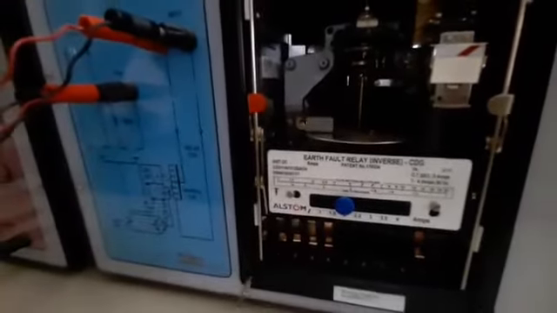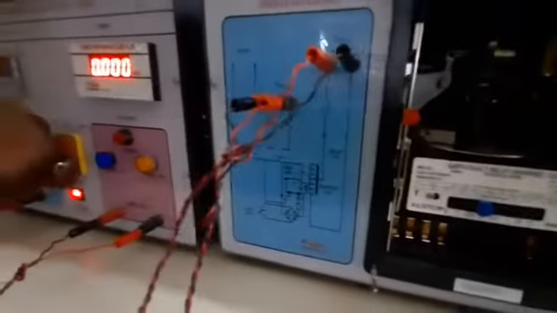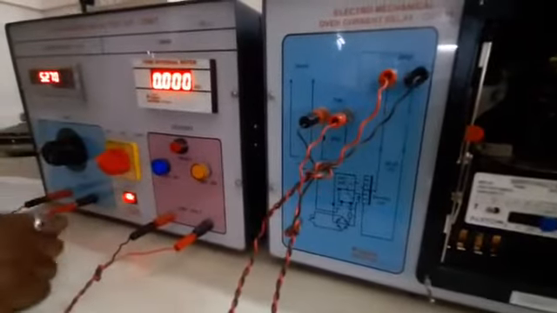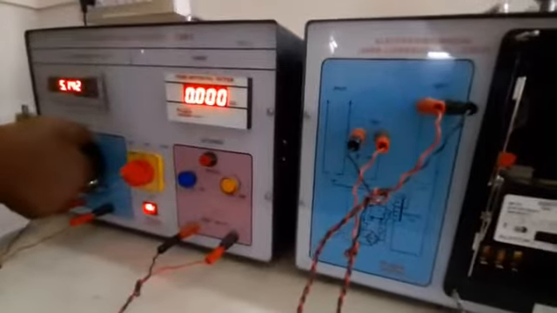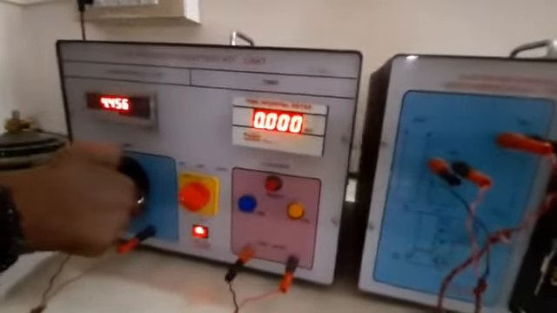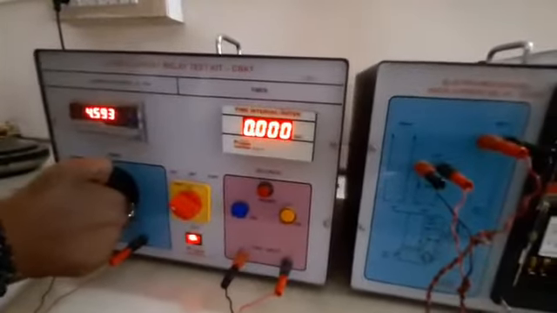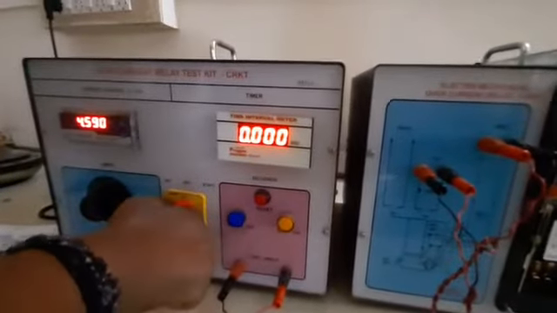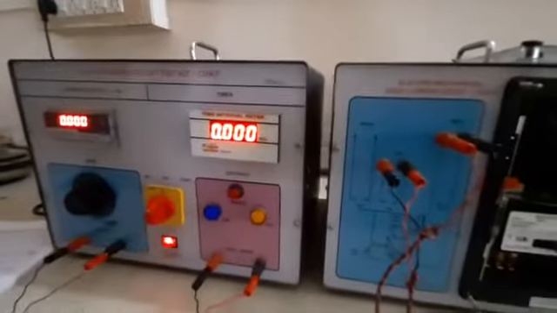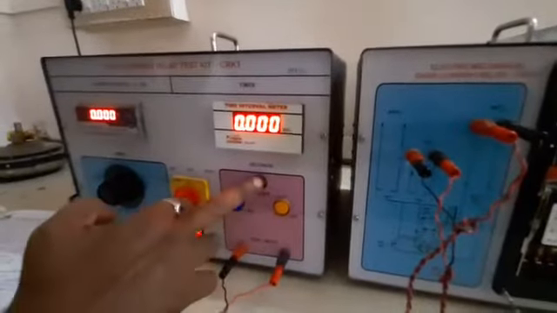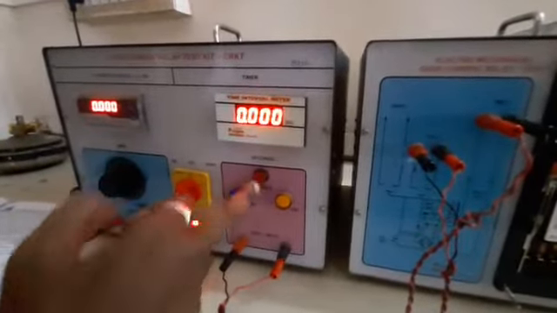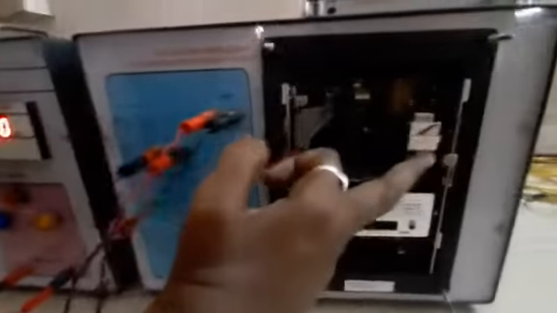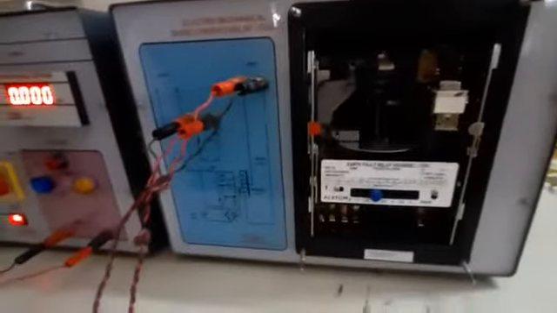Same again, I will set 4.5 as the fault current. Then go to 0, reset, and this one also 0.